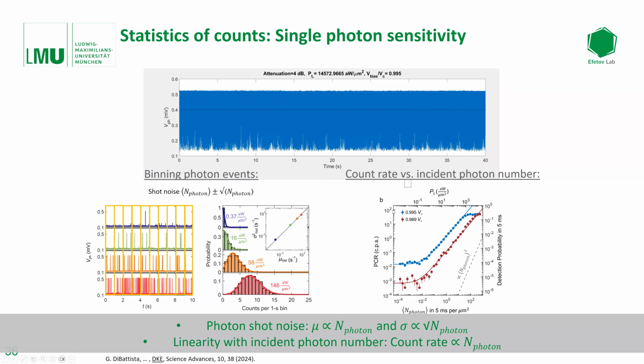And you need to show that the count rate, the rate of the clicks that you observe, is also proportional to the number of photons that you're sending on it. And if it's linear, just what we observe here, then it's a good argument that really the clicking process here is really due to the single photons that you